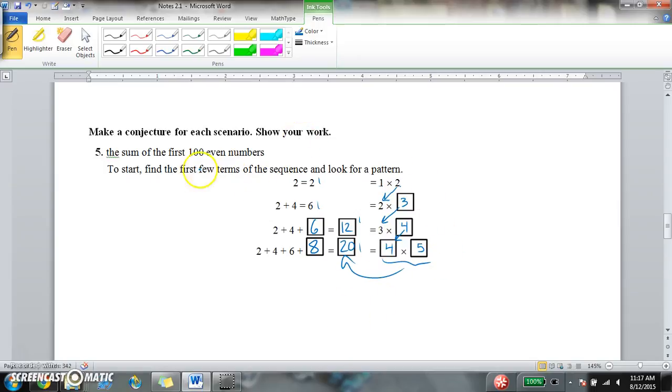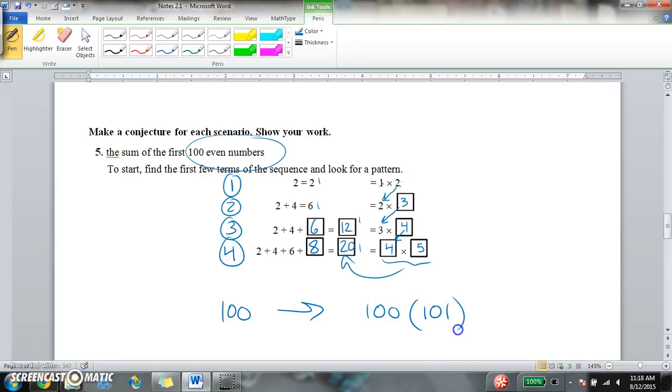So how do I figure out the first 100 even numbers? Well, this was 1 even number. This was 2 even numbers. This was 3. This was 4. I want 100. So the first 1 even number was 1 times 2. So 1 times the next number. 2 was itself, 2, times the next number. 3 was 3 itself times the next number. So 100 should be 100 itself times the number after it, 101. 100 times 101